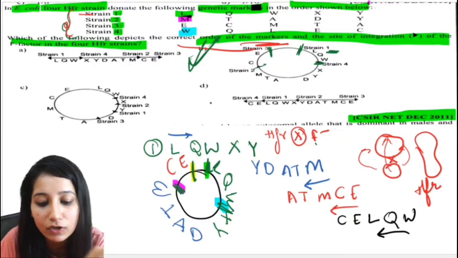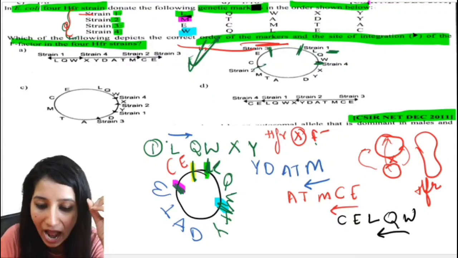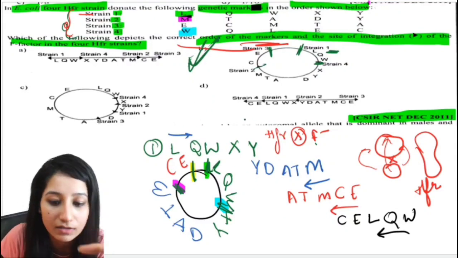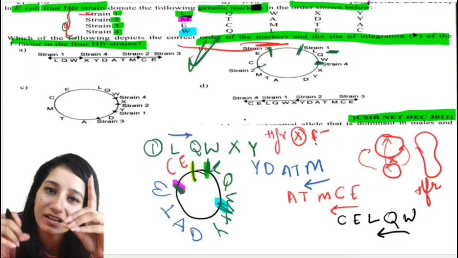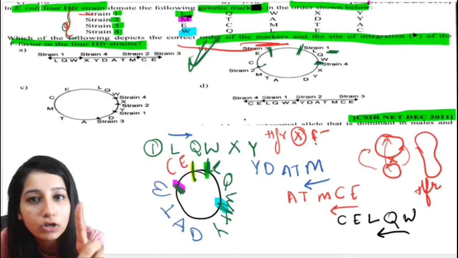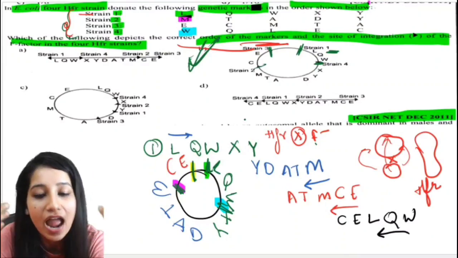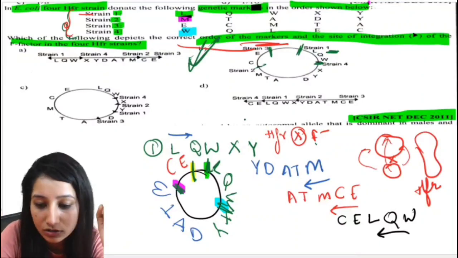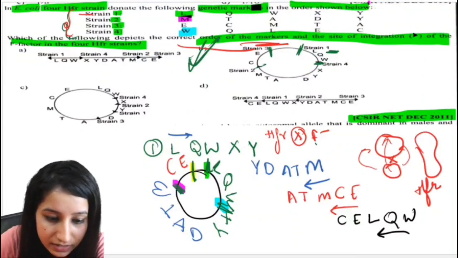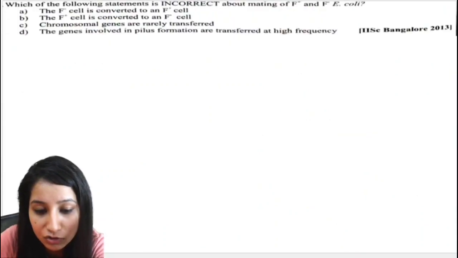So in this way, you have to solve the question. First of all, you have to see which of the genes are similar, match them and make a map. Then you just have to see that the first gene that is transferring, before that the F factor will be attached, and according to that you can find the option. Just a very easy question. This was the question of December 2011 CSIR NET. Let's go to the second question.